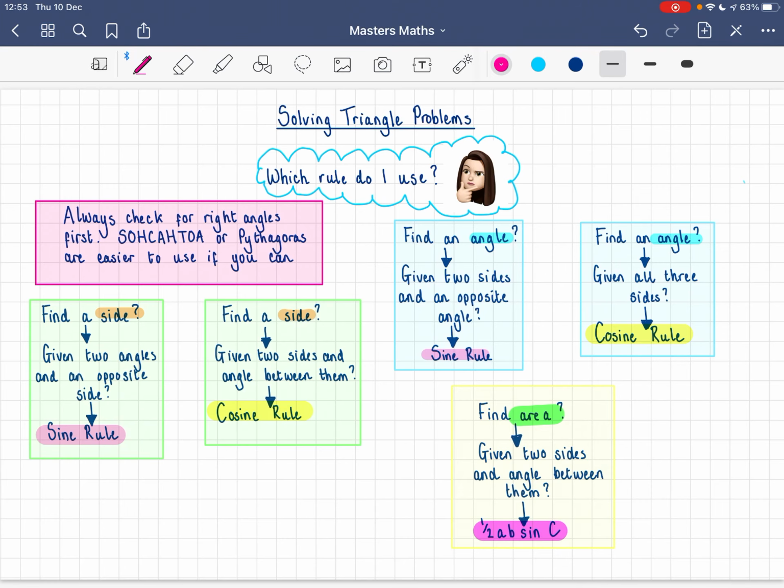If you get a question in an exam that is about triangles, that is trying to find a missing angle or missing side or some kind of information to do with triangles, the chances are they are going to make it more difficult than just a straightforward use of the cosine rule to find this missing side. For example, they will usually be within a worded question. You might have to draw the diagram yourself, and more than likely you're going to have to use more than one rule, or sometimes even the same rule multiple times